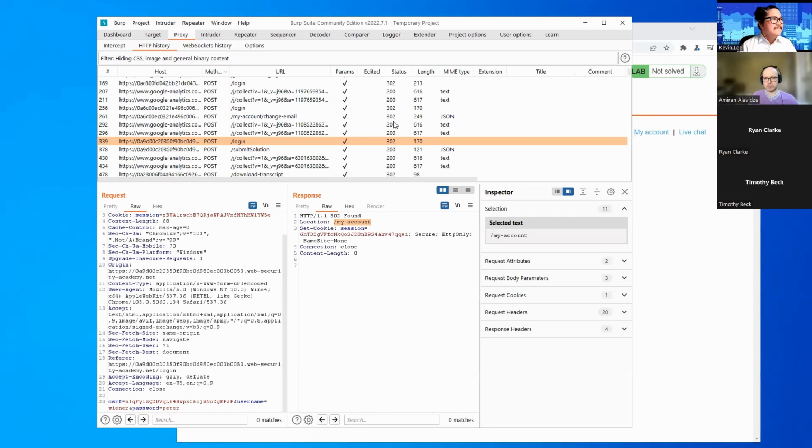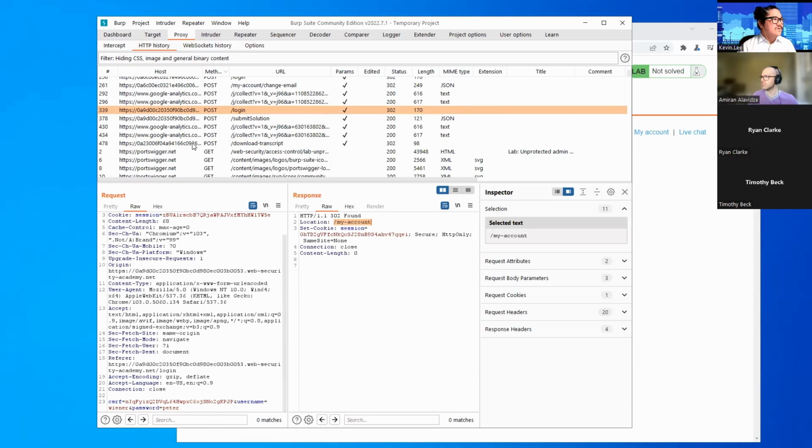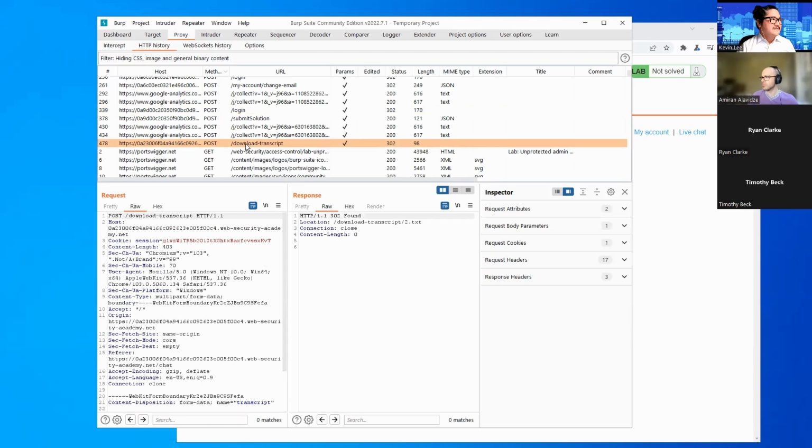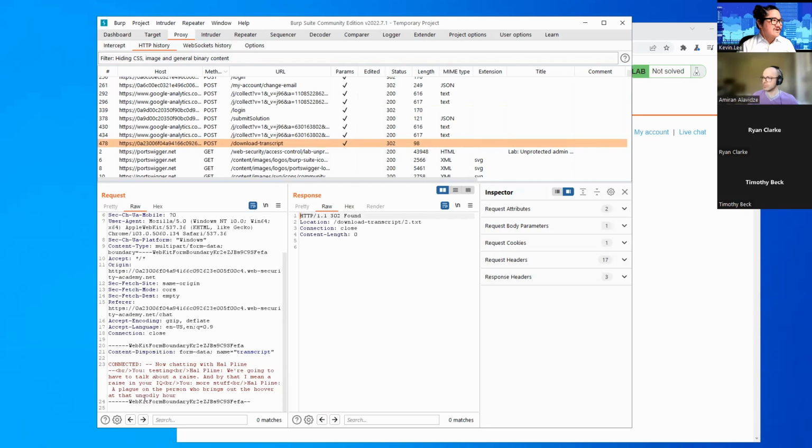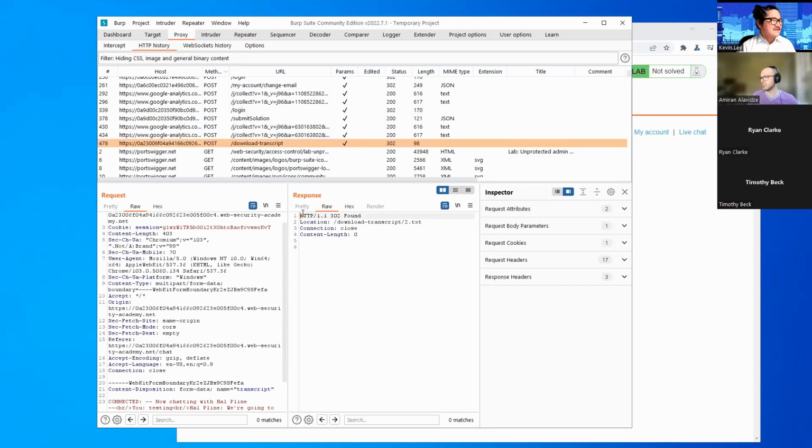What we can do also is take a look at our proxy HTTP history, and go down to the POST request here called download transcript. Alexandra types in chat 1, which is quite astute. That's a good answer. So inside our POST request to download transcript, we supply our information over here, and then in the response, it relocates us to a location, which is